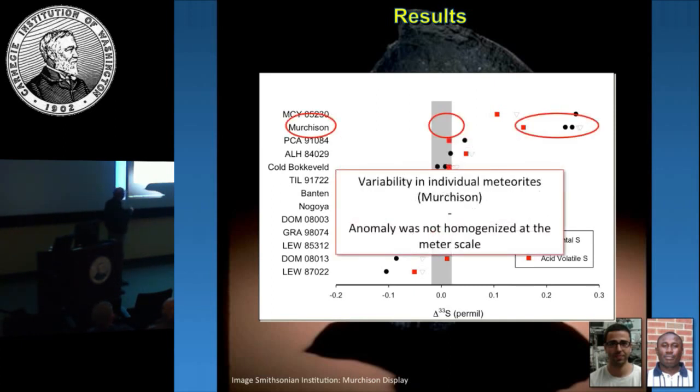The other thing is, I'm sorry to plot it here, the data from Mark's group from Murchison, which I have no reason to doubt, we've analyzed other pieces, we'll plot down in here, and shows that there is heterogeneity in individual meteorites. Now, we need to go back and sort out with the British Museum what the nature of that material is, whether it's a clast or something else. It's unusual, but there's clearly something going on. So the anomaly was not homogenized at a meter scale in the materials that we have.